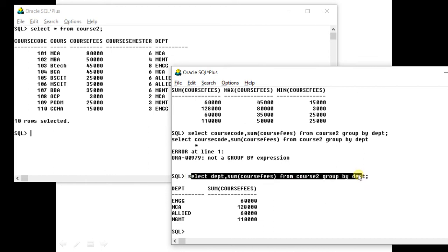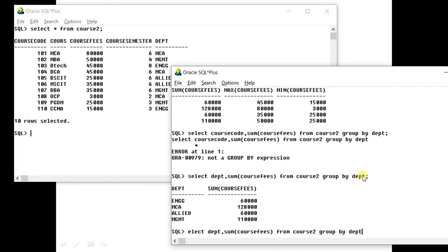You will write the same query. The only thing is that you will add having.